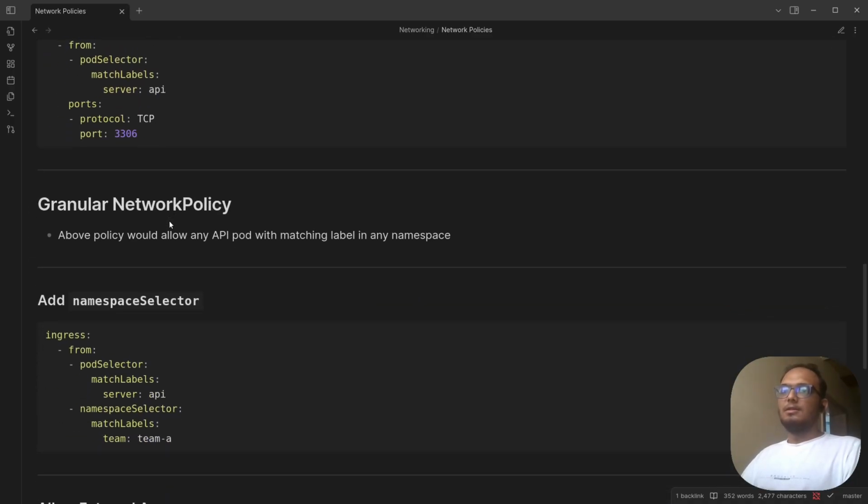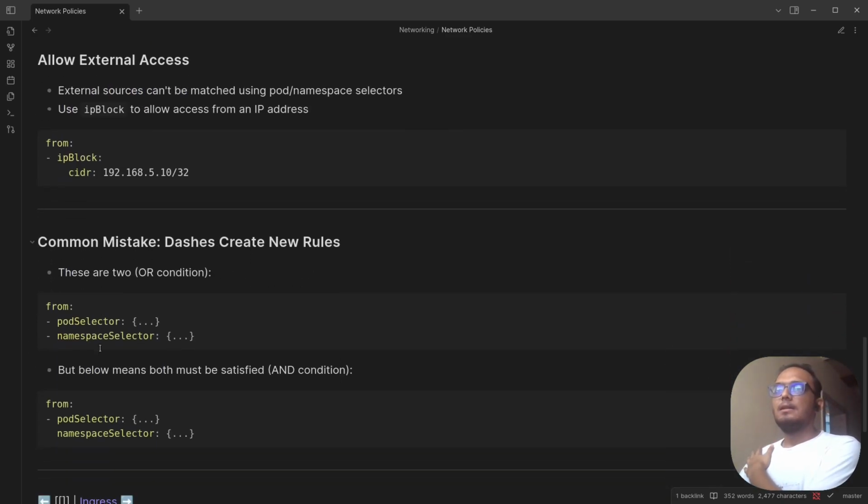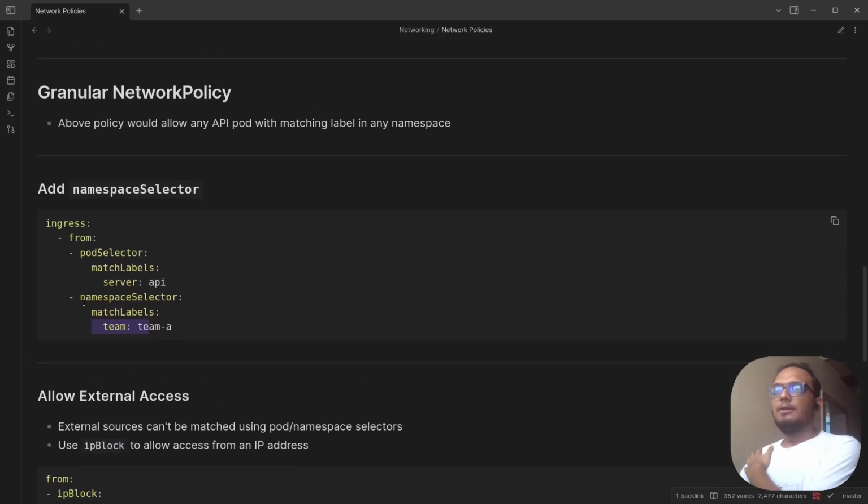You can restrict on a namespace also, like a namespace selector label. If the particular pod has a namespace label like this, only then, if the pod is in that namespace, will it be allowed. We will come to this. And there is a common mistake that people make with